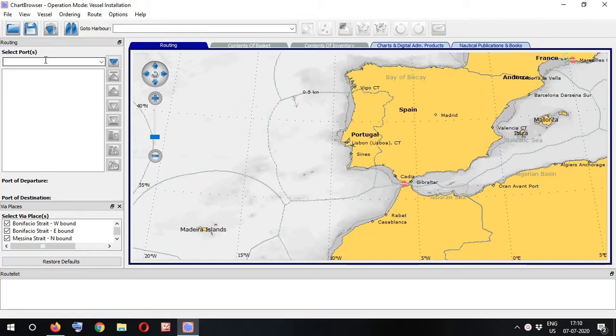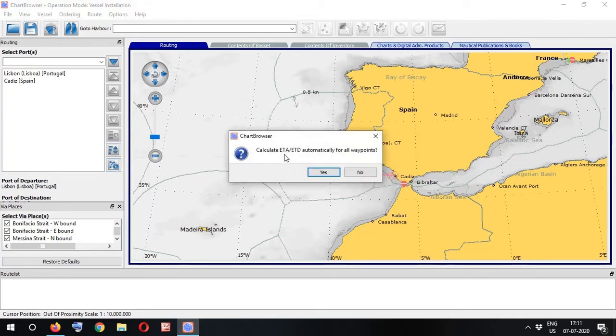So for example, now if I want to make a route in this, this is very easy. For example, we go from Lisbon to Cadiz. So I type Lisbon, autocomplete, press enter, then Cadiz, CAD. I'm just selecting two shortest routes. So here it is showing Lisbon and Cadiz. If you come down here, you can see it says calculate route.